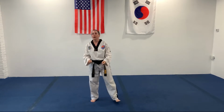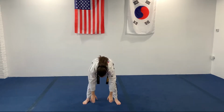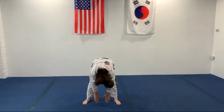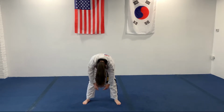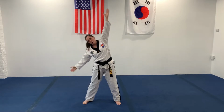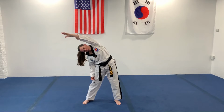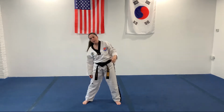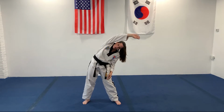And reaching up, stretch up, and then forward and stretching down. And come up, stretching hands out to the side, and over, and relax, and over the other side,